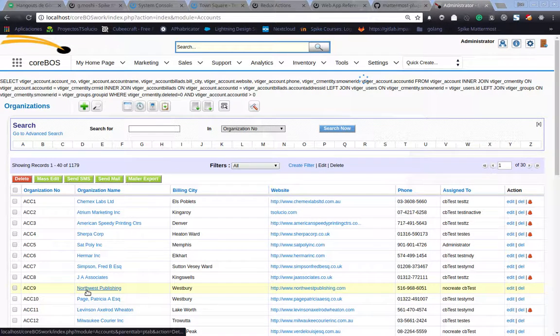Hello. coreBOS, this video is about a new feature in coreBOS that we added about searching on the list view. I'm going to show you how to activate this and how it works a little bit. But first, I want to show